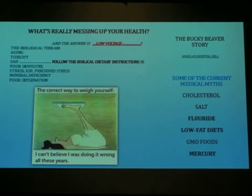You know what standard of care means? The standard of care is what modern day medicine goes by. The standard of care is what insurance companies will pay with an attached code to it, so that you walk in. This is why